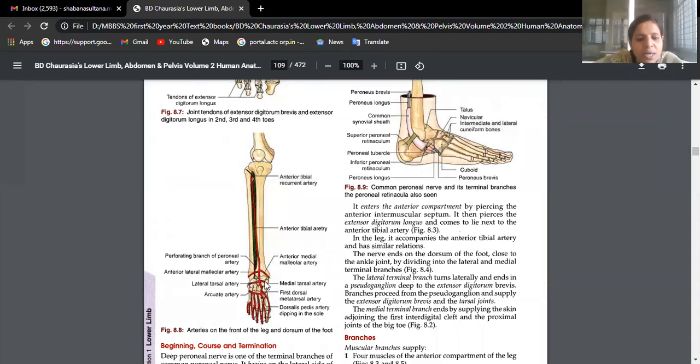Okay, dorsalis pedis artery. Then you just write the names of branches here, beta, because it's only for very short notes. Okay, anterior malleolar. Here also that means it is supplying ankle joint. That's why you have got these terms like anterior medial malleolar, anterior lateral malleolar, medial dorsal artery, lateral dorsal artery. And finally, you can see it is just winding around to form arcuate artery. Okay. So this is for 3 marks.